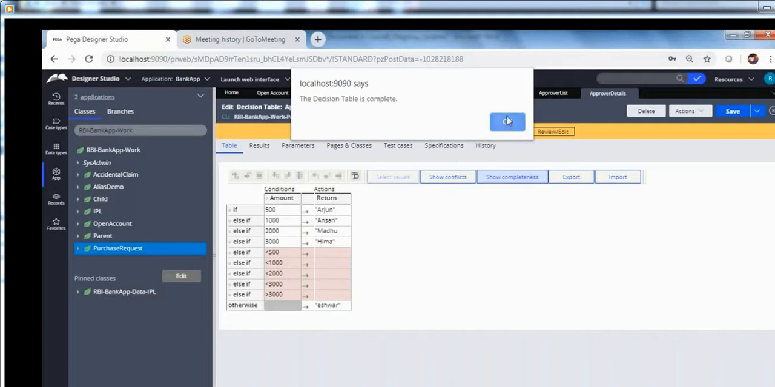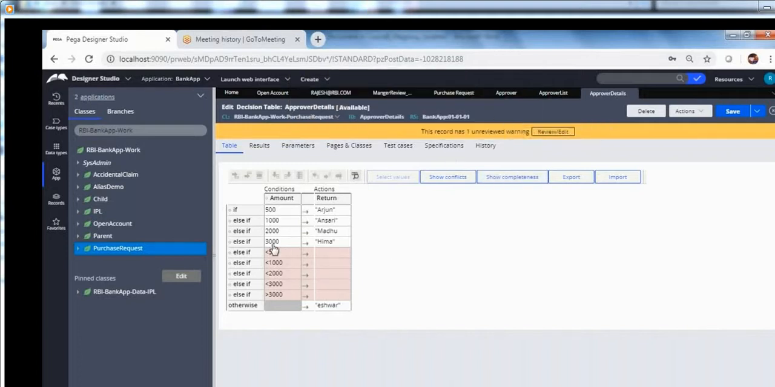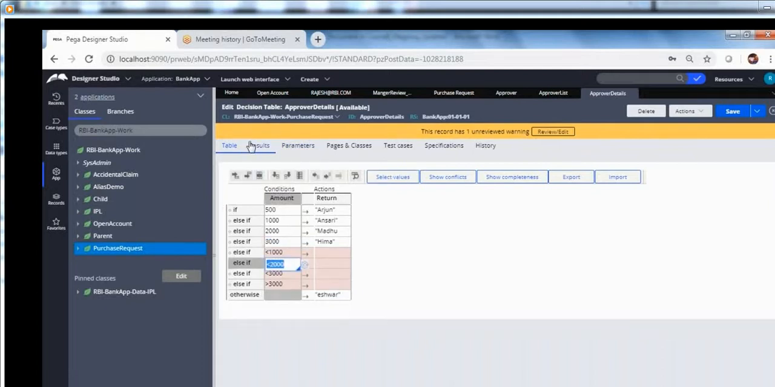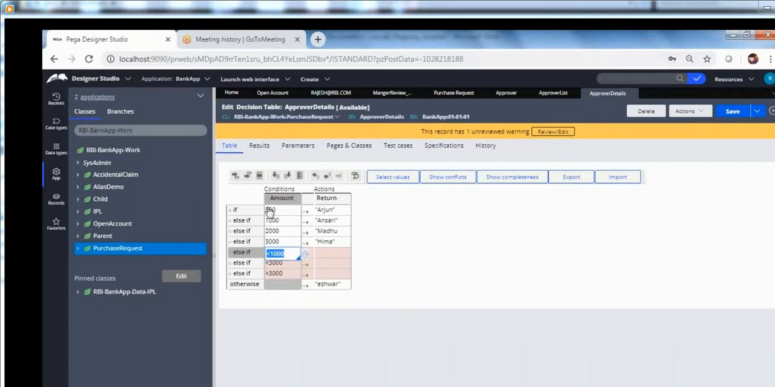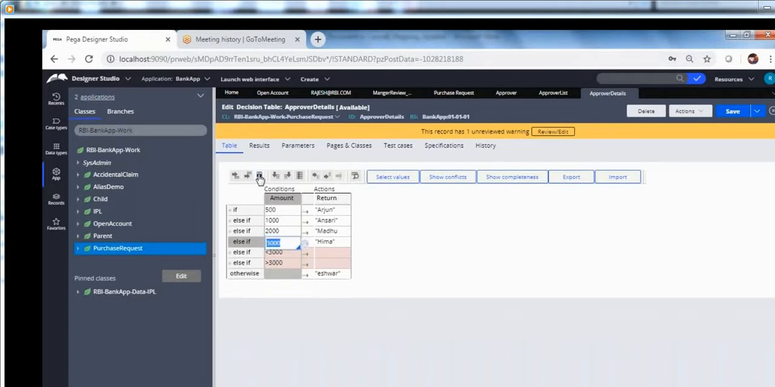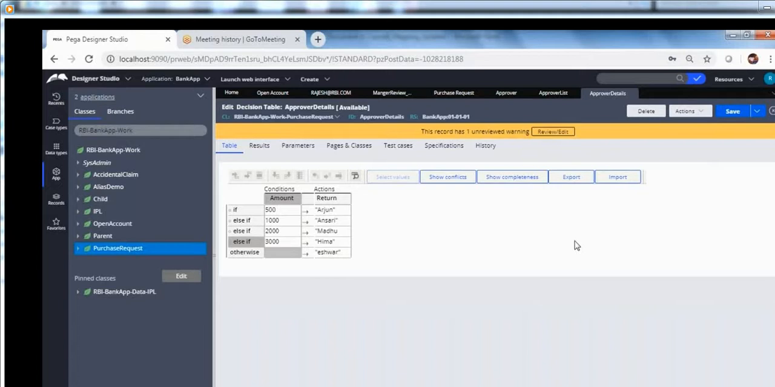If you are missing even one of the conditions, it will say that this condition is missed. So we don't want that. We are just deleting them, just to check whether our decision table is complete, having completeness or not. Okay, save. But actually, do we want this? No, right? We want something like, if